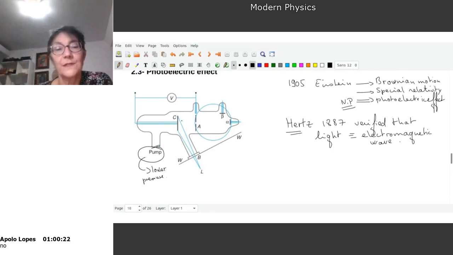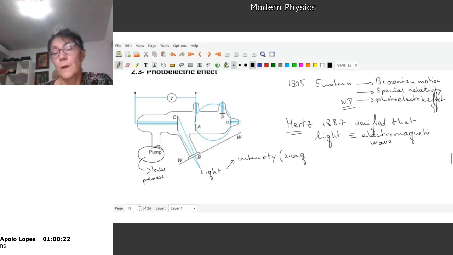Arrancar. In Portuguese, I don't remember how we say that in English. And so you can study this effect of the light on the cathode by varying... What can you vary? So this is light, and light has what? An intensity, okay. Intensity is energy,